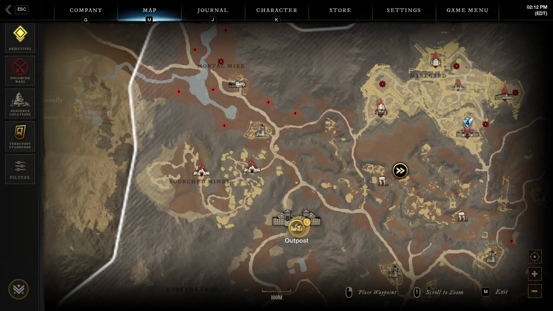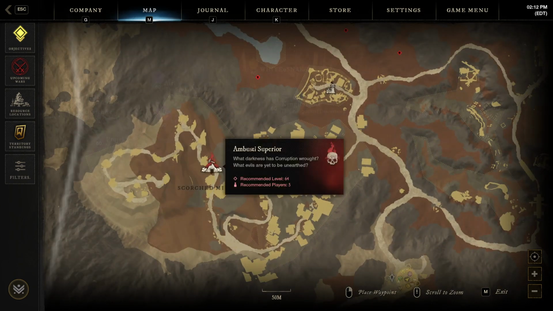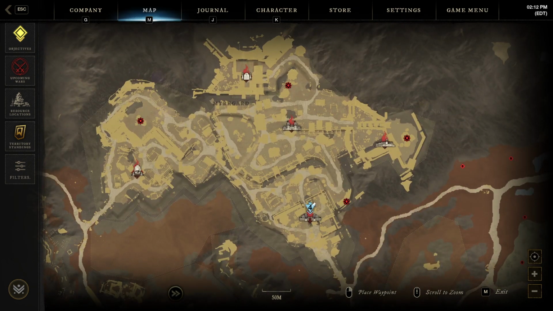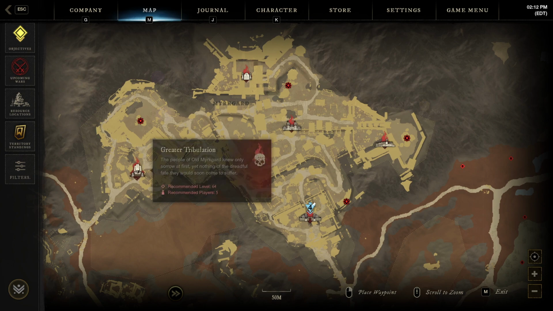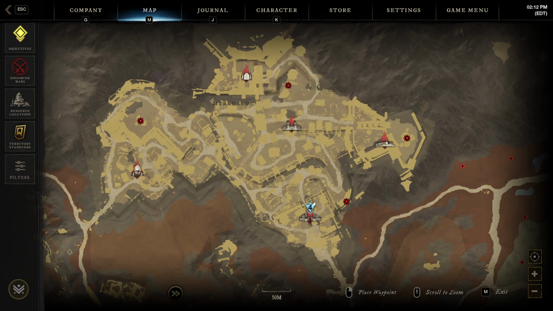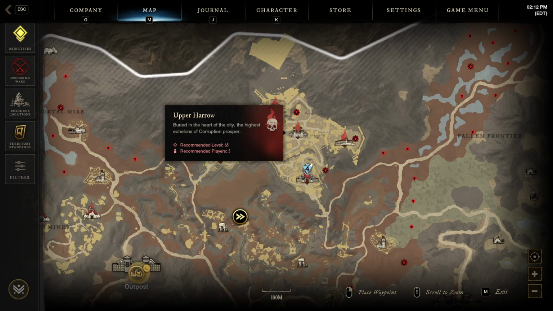So the best zones is going to be Scorch Mines, because in this area there's a lot of 64, 65 elites in the deep part of the mines. The next area is going to be Mirror Guard. All this place is flooded with 64, 65 elites, even some 66, tons of bosses, and high-level monsters and high-level